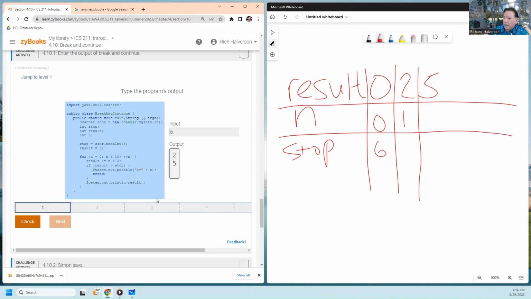Okay. And then we come back around again, and now n is equal to 2. And result is going to be equal to 5 plus 2 plus 2 is 9. So now our result is going to be equal to 9. And is 9 greater than stop? Yes, it is. So we go in here and we say n equals